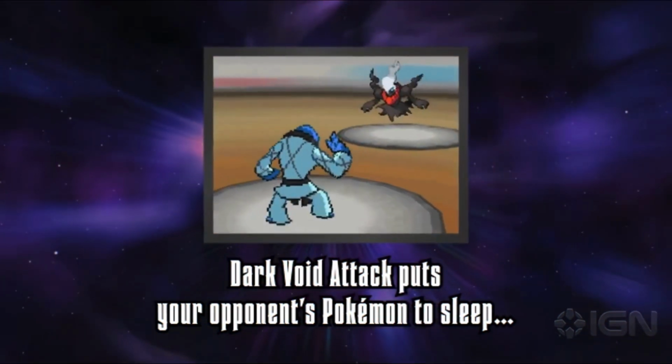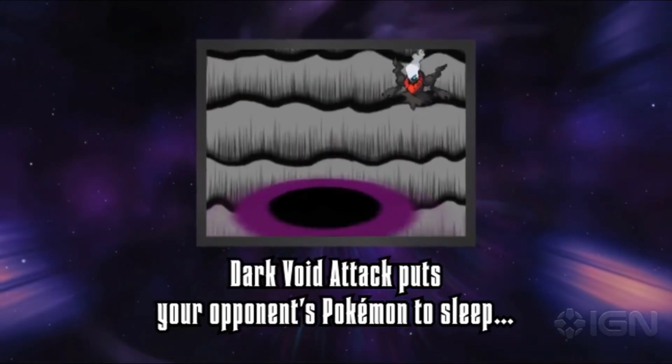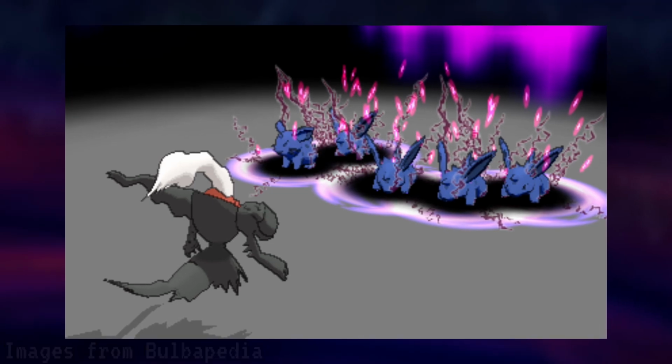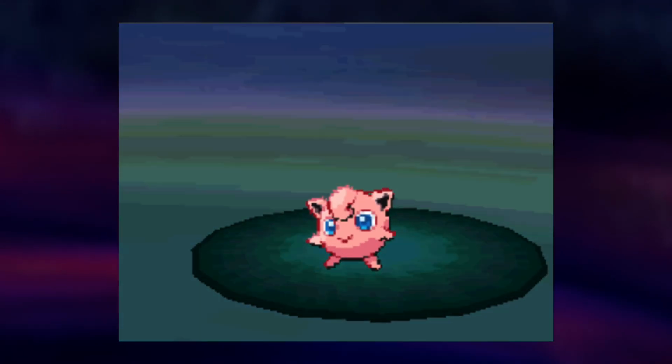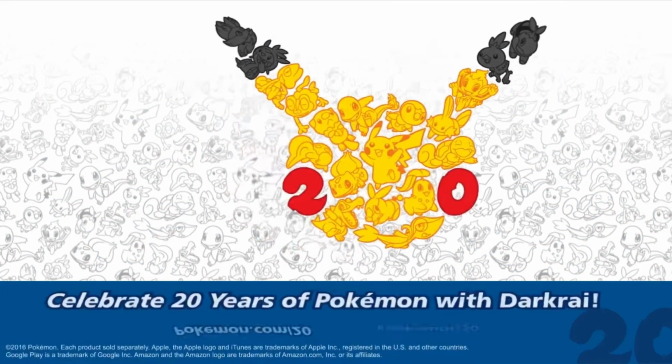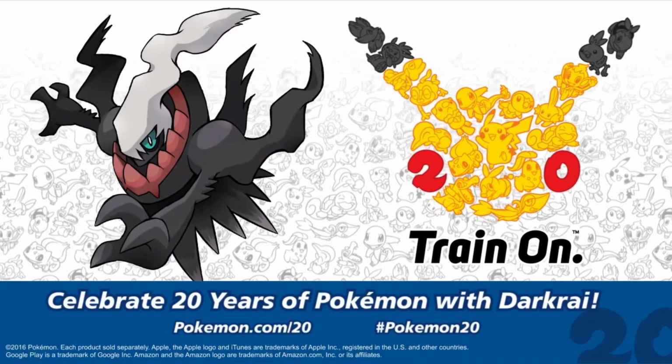This move has an 80% chance of putting the target to sleep, and in double battles it can be used on both of the opponent's Pokemon at the same time. This is extremely powerful because it makes both the opposing Pokemon sitting ducks while you get to do whatever you want. But since Darkrai is a mythical Pokemon, it's not allowed in official competitive play anyway, so there's nothing to